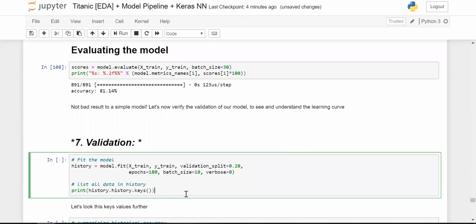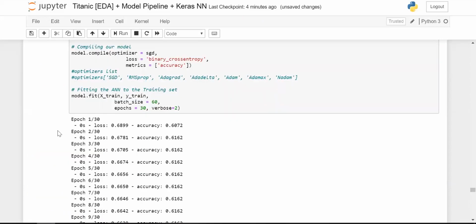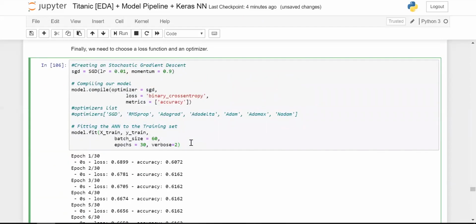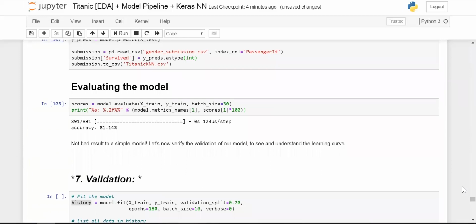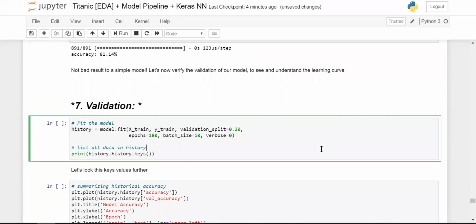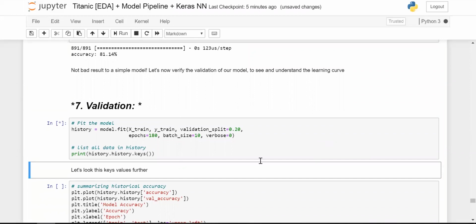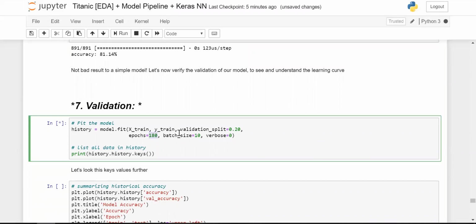So now let's get the model history. So previously we didn't get the model history, if you can see, right? So the benefit of getting the model history is that you can easily visualize what has happened in the training time in regards to the accuracy and loss in terms of charts. So now let us get into that and see how it looks like. Let's repeat the operation for 180 epochs, if you can see here, and do a train test split of 80-20%. So as we speak, the model is training. So I will leave it as it is and walk you through what is happening next.